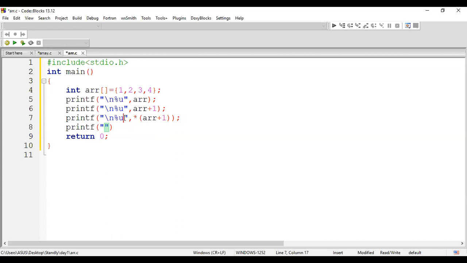So this is value, right? Let me make sure. Just to show you the difference in print and new line, I'm giving a slash n before it, nothing else. I've given 3 different print statements, guys. I've initialized the array and we are printing ARR, which is the base address, followed by ARR plus 1, the next element, followed by the value in the first index, just for our reference, and followed by ampersand of ARR plus 1. These are the print statements you're going to check.